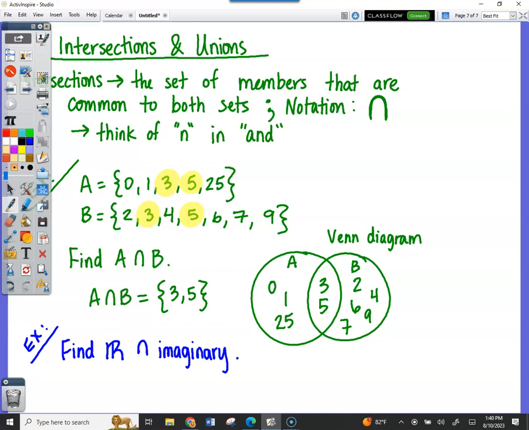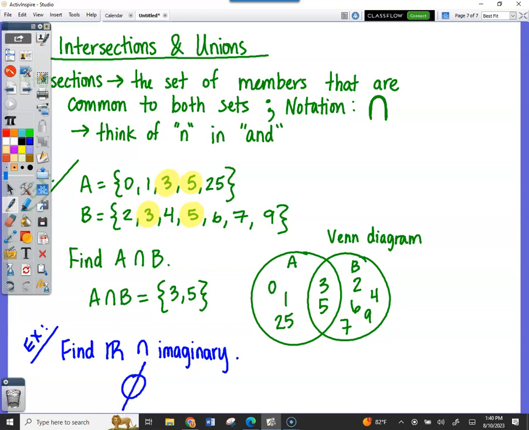What are the two groups? Real numbers and imaginary numbers. There's not an intersection. There is not one. So instead of writing that all over again, I'm just going to come right here and say,